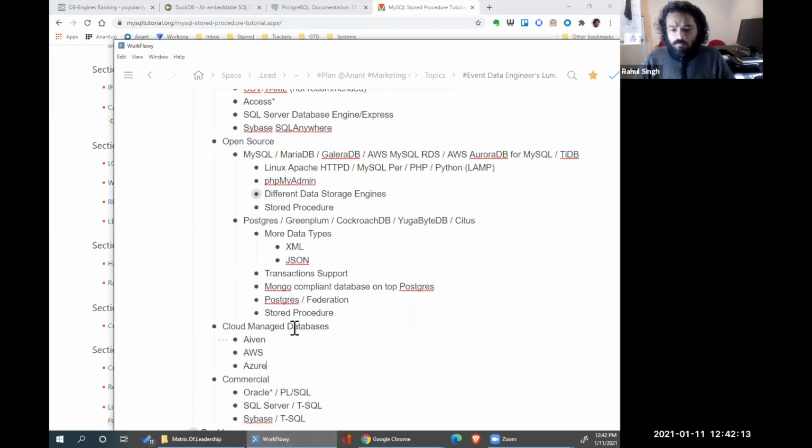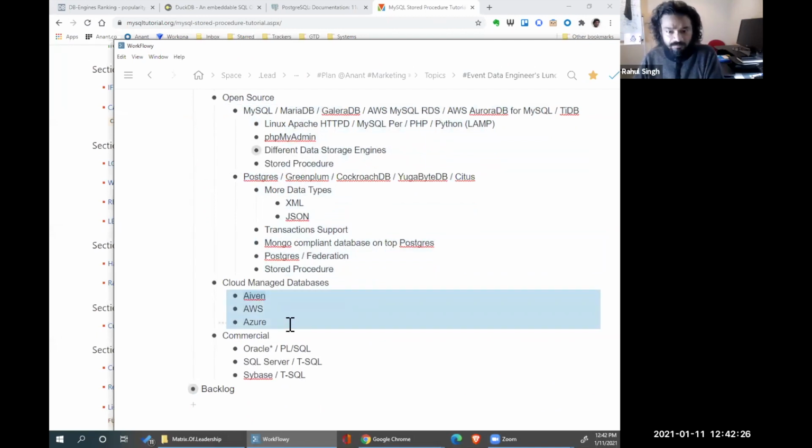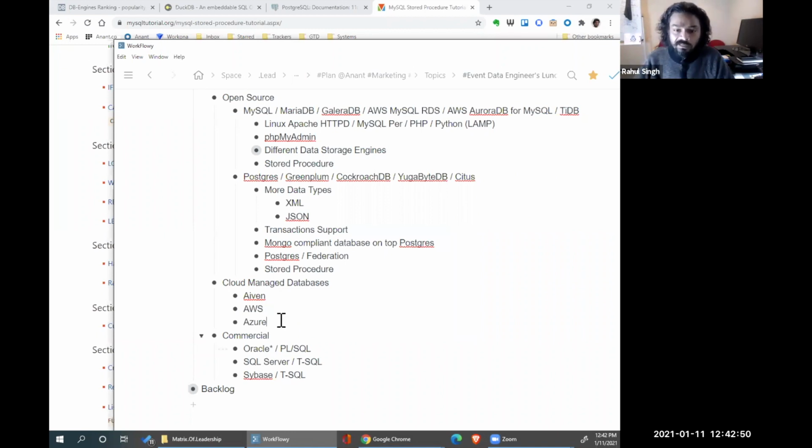But when you go to a cloud-managed database, you may still do local engineering on your desktop or your Docker container using these open source databases, but because it's exactly the same technology that these providers are offering, you can just connect to it and use it the same way. What do you get out of a cloud-managed database? You don't have to worry about it when it goes down. The system should bring it back up if something happens, or it has multiple backups of the data so that when a node goes down, it automatically detects it, brings up another machine, attaches the drive, and everything is hunky-dory.